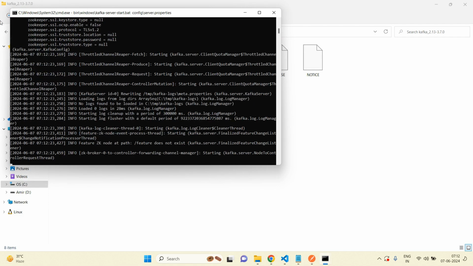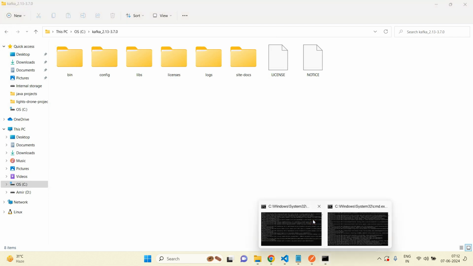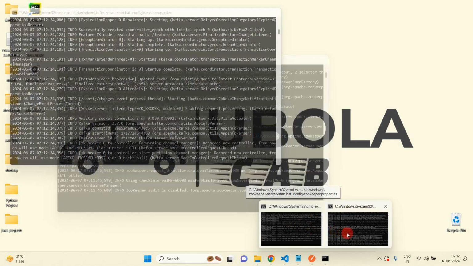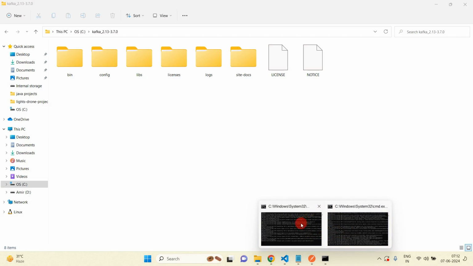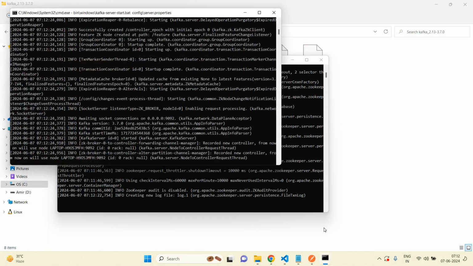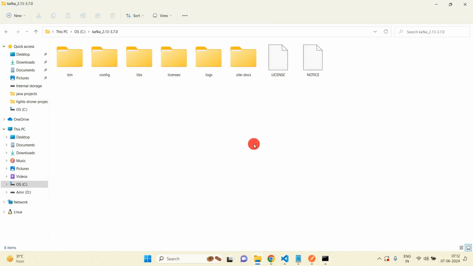You can see Kafka is also started. Zookeeper and Kafka we have started, and both are running. Don't close these terminals.